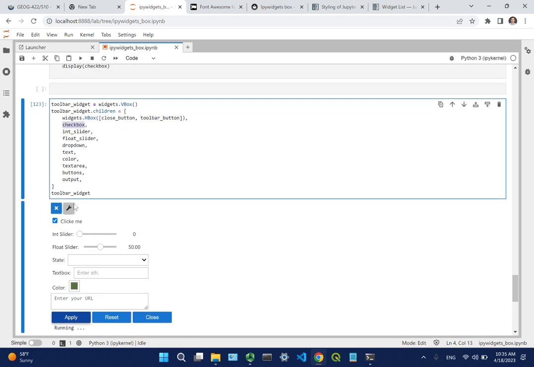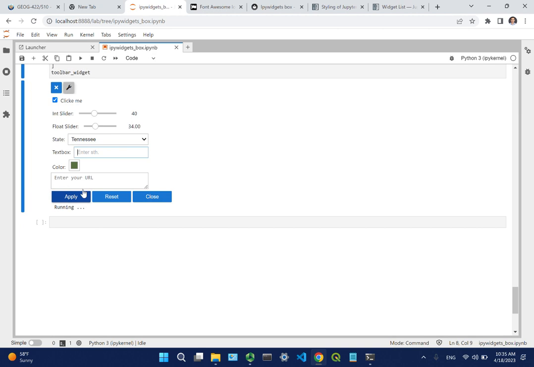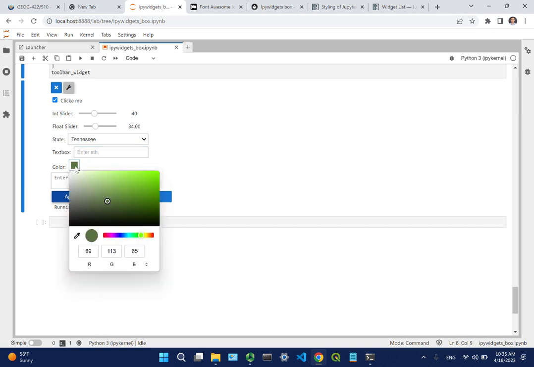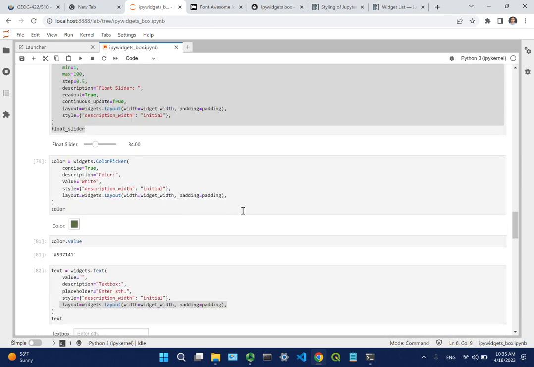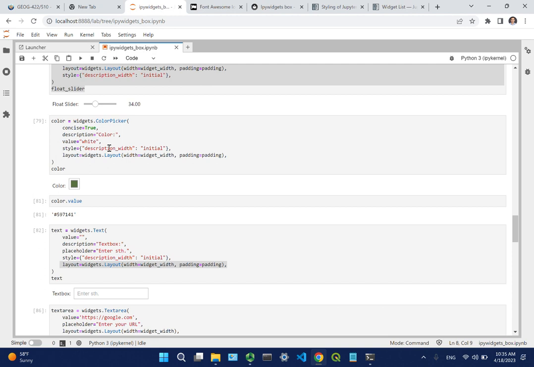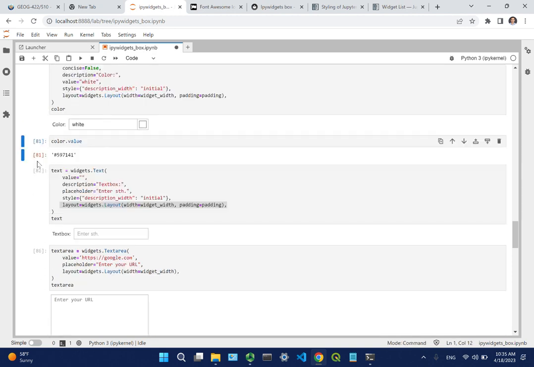So the track box here, second line, and then the in slider here, the floating slider, and then the drop box, a drop down list, and then the text, the color, because the color we set to compact, so it looks like this. If you want, you can go back to change the color. So I can change it to concise equal to false, and then if you want it, now if you come back,